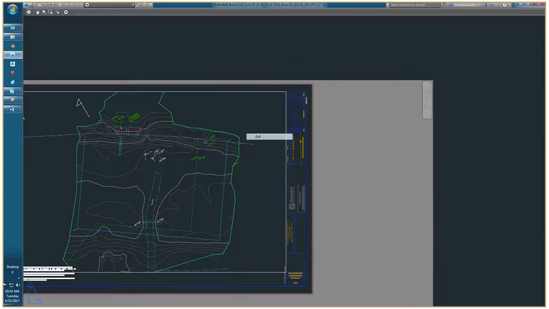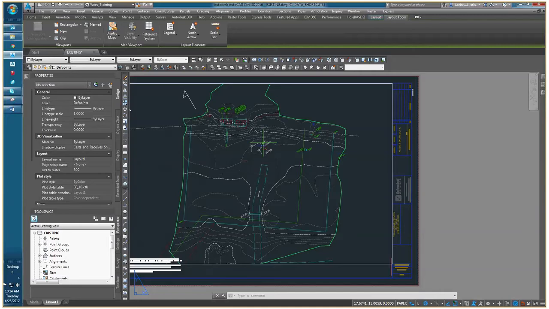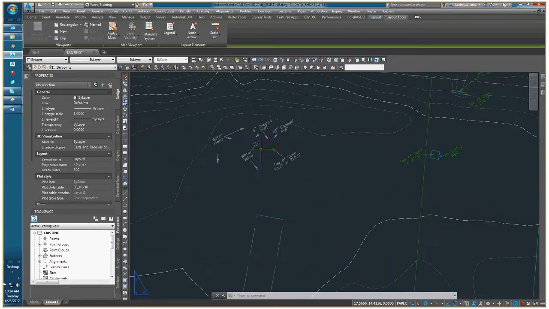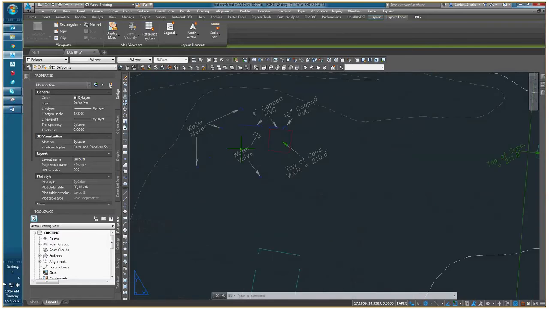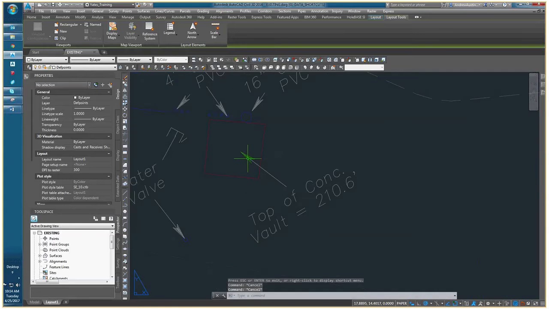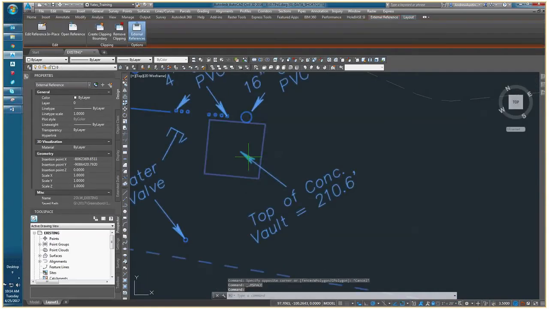The great thing about turning it to the def points layer is that the data is still there for us to see. We know that these are water meters by leaving those text and leader objects inside the drawing, but it no longer prints. And just to show you one more thing, if that was really bugging me, and it sort of is,